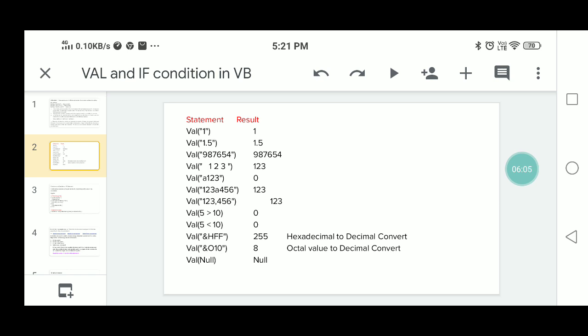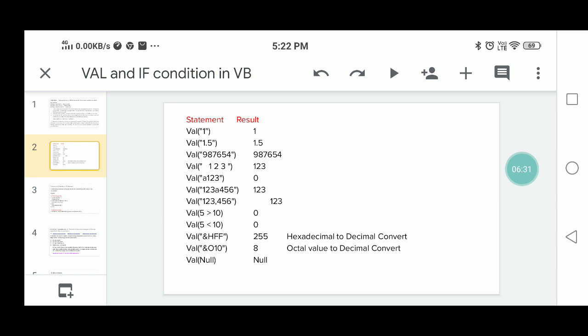Then next, Val of "123,456" gives 123, that's all. After 1, 2, 3, it receives a comma, which is another non-numeric character. After receiving the non-numeric character, it stops the execution. So what was taken before the non-numeric character is returned, that is 123.